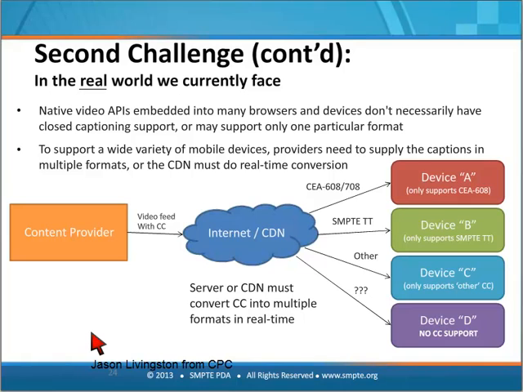But that's not how a lot of these devices work. Some devices, when you watch video on them, what you really have is a web browser with some kind of plugin in the web browser that's displaying the video. And the web page, you know, the JavaScript and all those things on the web page can have some influence over the video. But there's other devices that don't do that.